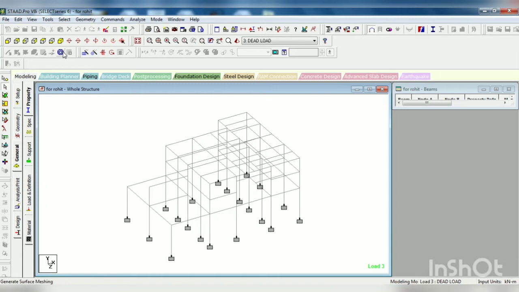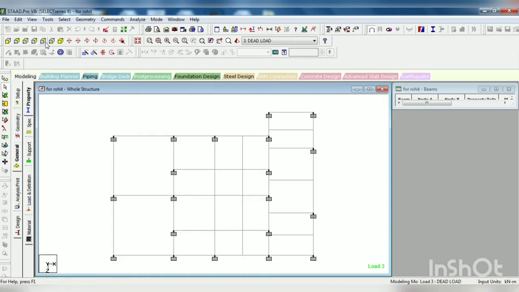Now we will see the top view, and there are some secondary beams. In order to see the release portion you can press Shift R. By pressing Shift R on your keyboard they will show you where the releases are. So that is also helpful. You can again press Shift R.